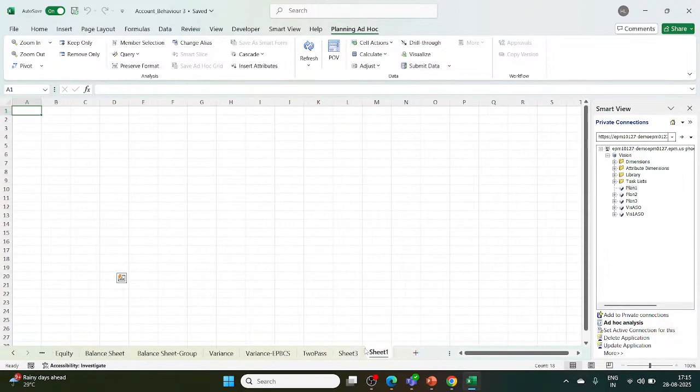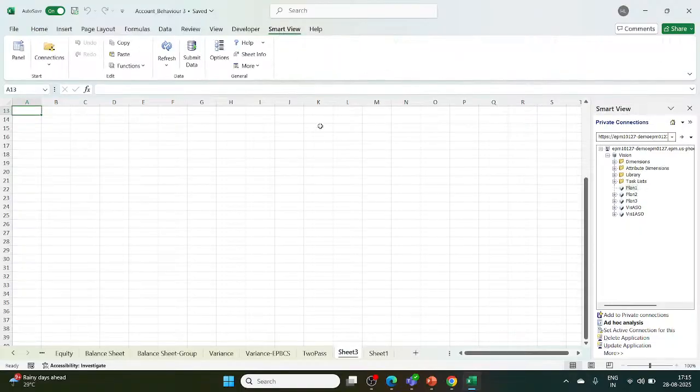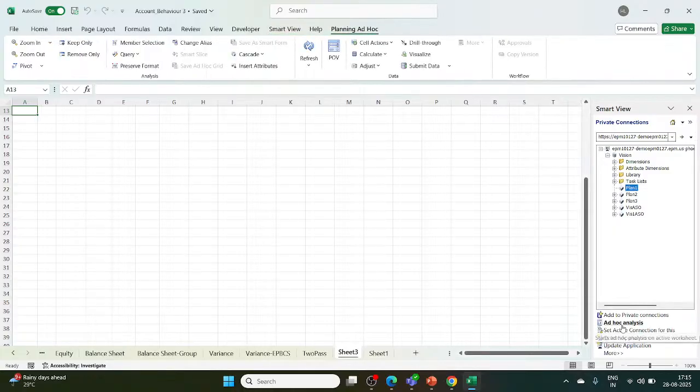and we will understand the concept of dynamic children here. So what is the concept of dynamic children? For this, we have to once again connect it. Yeah, so now we will select the member